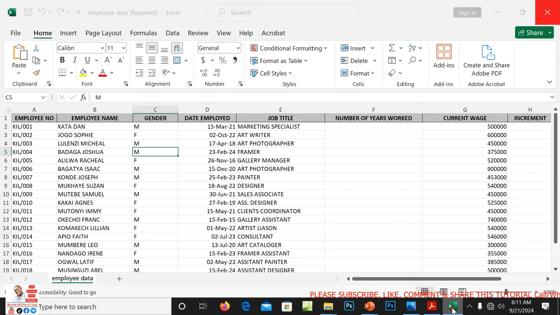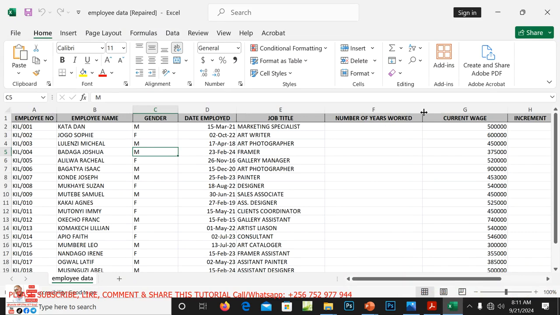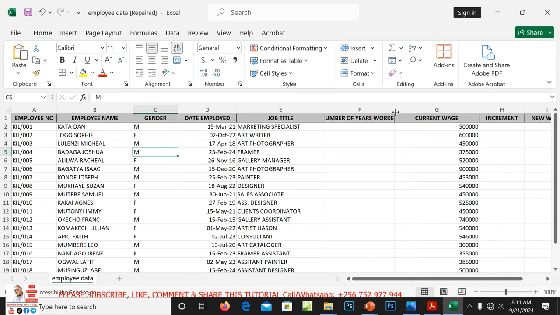Now that means that first of all, we need to obtain the number of years that these employees have worked for before calculating the increment and then the new wages. So you can see we shall sample the first employee, and that is Katadan. He started work on 15th of March 2021, and we need to obtain the number of years that Dan has worked for this organization.